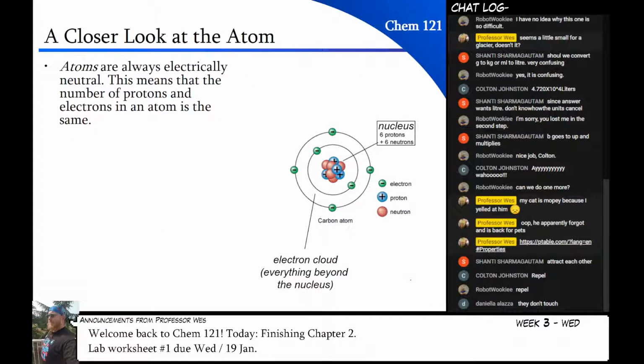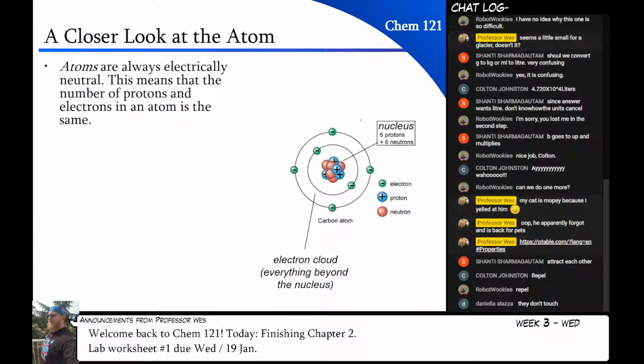Now, if you count the number of electrons and protons in an atom, you get the same number. Now, you can't tell in this diagram because there's only 4 here. The other 2 are hidden behind the thing. But in order for an atom to be stable atomic elemental matter,